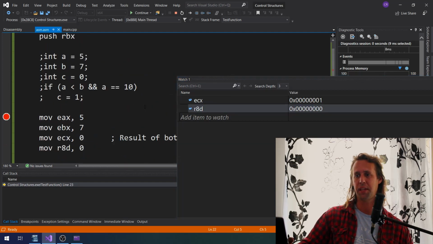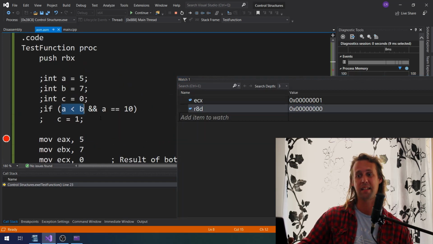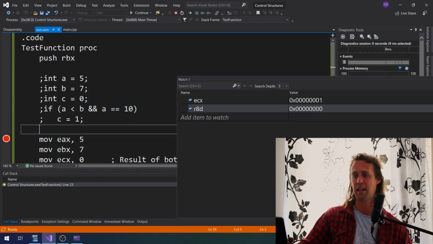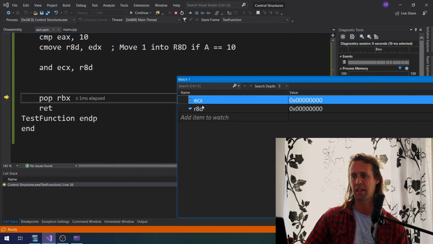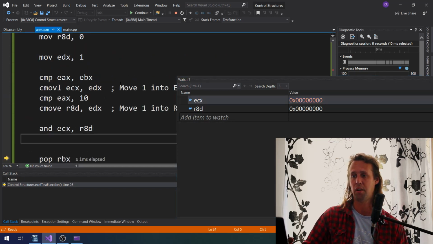has 0. So what that means is that the first part, A is less than B, is true, since 5 is less than 7, but A does not equal 10. So the second part there, the R8D, is 0. If we step over the next line, you'll see that our result, the compound result of both expressions, is 0